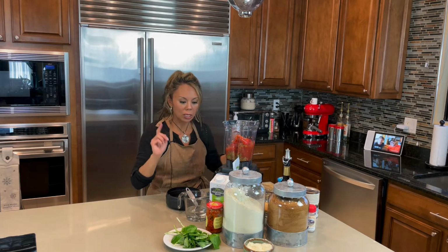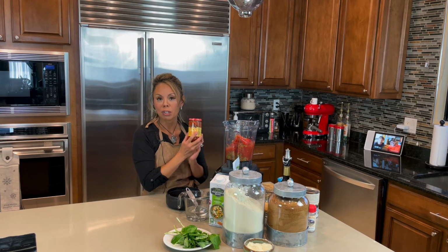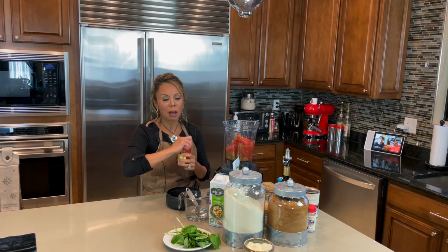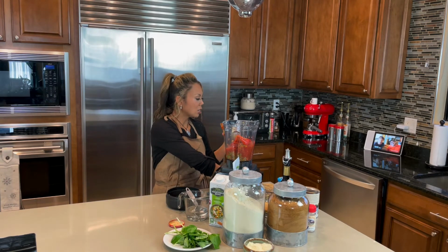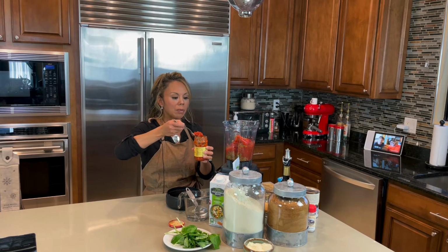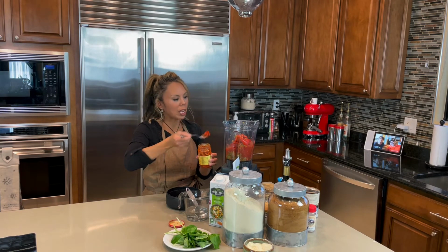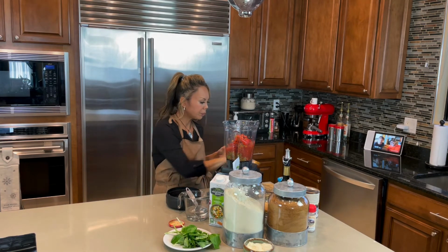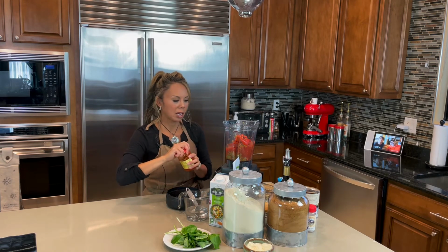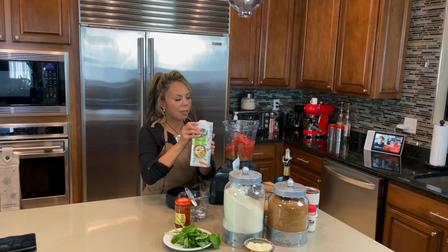And what's going to make this spicy is my crushed Calabrian chili peppers. I love using this. You don't have to use it only in Italian dishes. This has a great spice, it has quite a kick. So I'm gonna put in about a teaspoon or 2. I kinda like it spicy. My kids don't like it too spicy, so I have to be careful for them. Okay, so I'm throwing that in there, and then I am